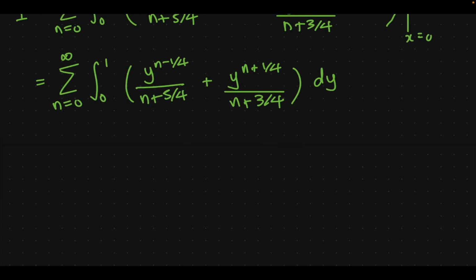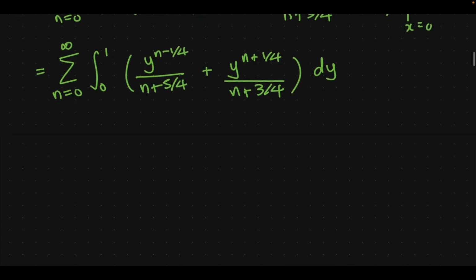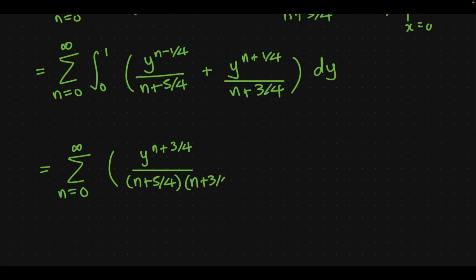Okay, and since there's only one integral, just integrate with respect to y. And these are pretty simple to do. It's just the power rule of integrals. In this case, it's a single variable integral, so that's absolutely fine. We don't need that integral. We're doing it right now. So we have y to the n minus 1/4 divided by, actually we should have minus 1/4 plus 1, which is 3/4, n plus 5/4 times n plus 3/4